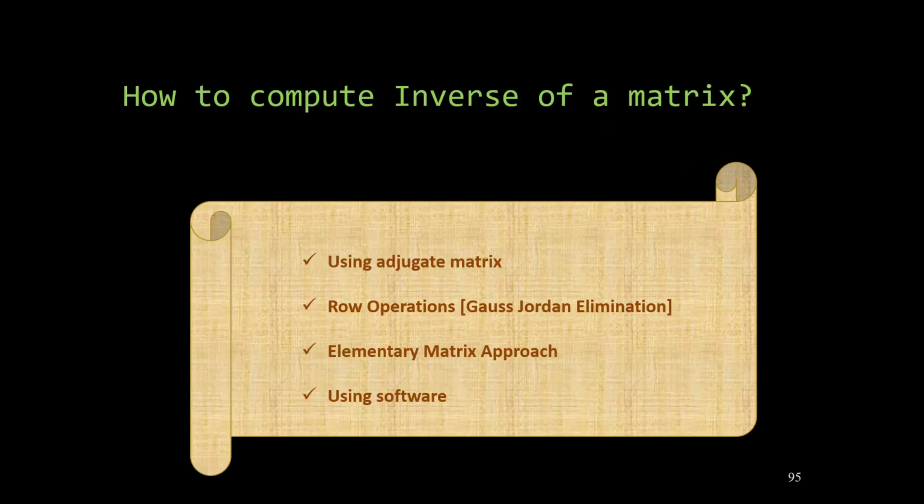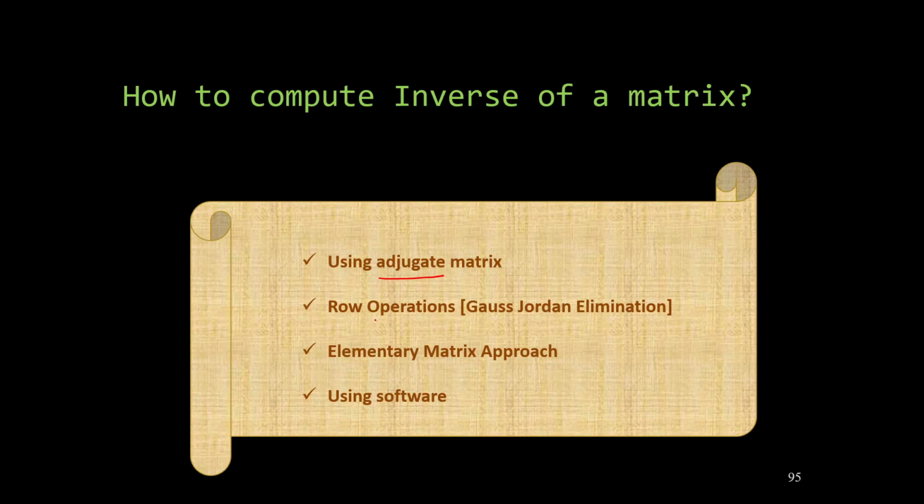Now, what are the methods to compute the inverse of a matrix? The first method, which you study in your textbook, is using the adjugate matrix. There is a formula, 1 upon determinant A into adjugate A, and to compute the adjugate you need to use minors and so on. We are not talking about cofactors, minors, adjugate, all those formulas in this particular tutorial. If you are really interested to know this from me, you can write it in the comment box. There are so many resources available and even the textbooks cover this.